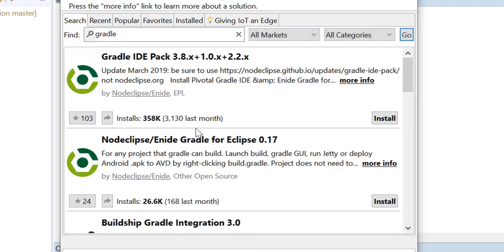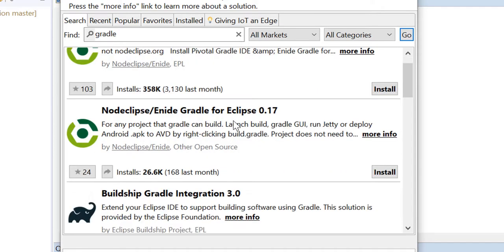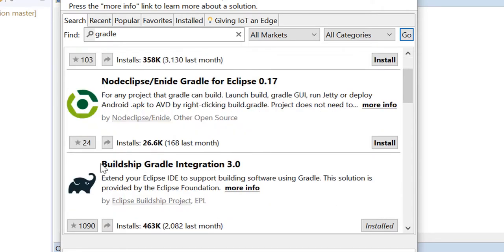So it's searching. After searching, we can see a Gradle IDE. We can see many information here, just come down. You have to install this one, Buildship Gradle Integration 3.0, where you can see this elephant symbol, and this is already installed. You can see it.